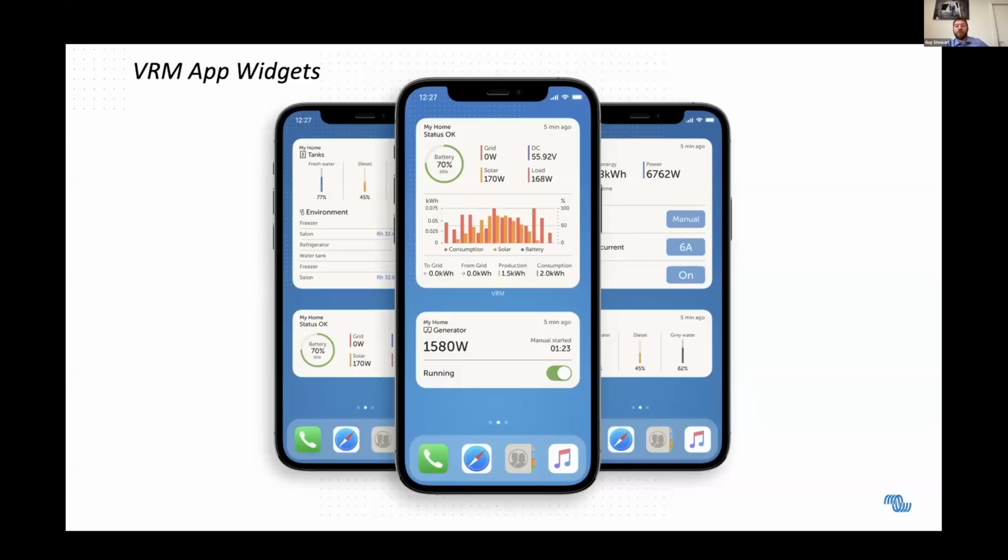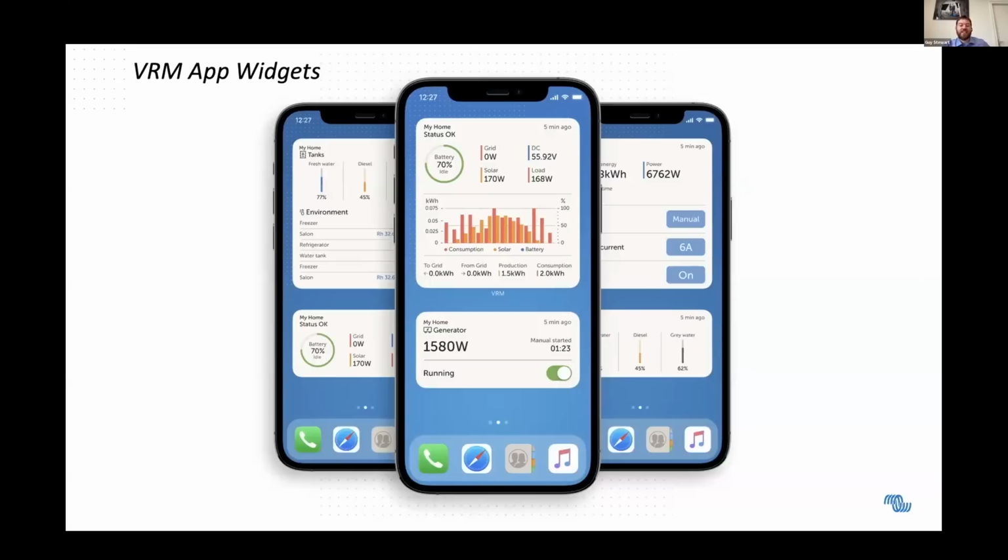Now, this is super powerful. So normally in VRM, maybe you're looking at the dashboard or you have it set up for your system. You want to do some diagnostics or something, but actually a huge part of maintaining a reliable power system is just keeping an eye on it and making sure there's nothing unexpected or untoward on it, making sure your batteries are recharging properly and you're getting sufficient solar, the state of charge is healthy. Now you can do it without having to make the special effort to go into VRM or to set up alerts or alarms, although we'll have more about that too. That's also important.